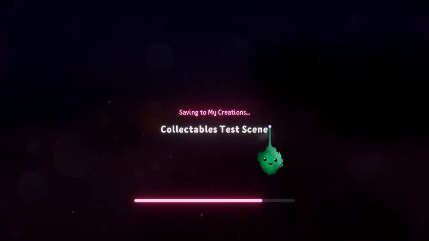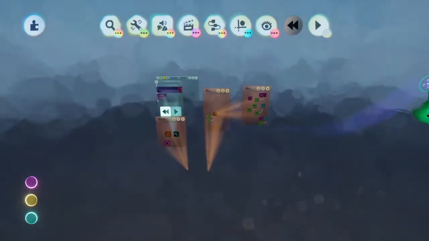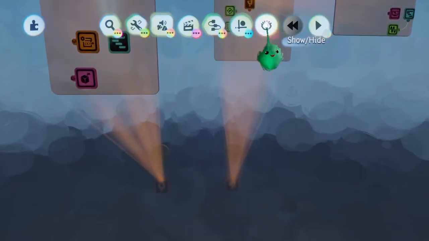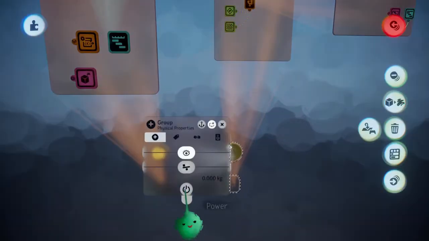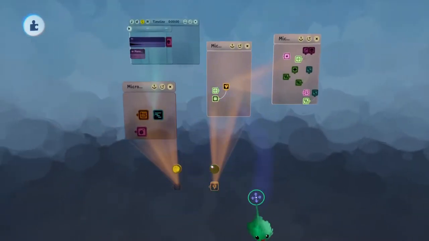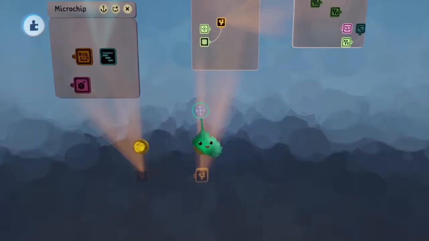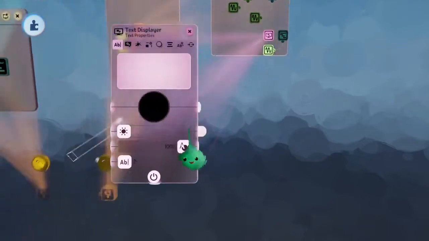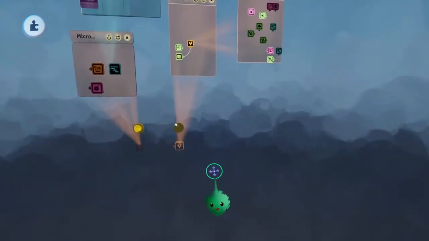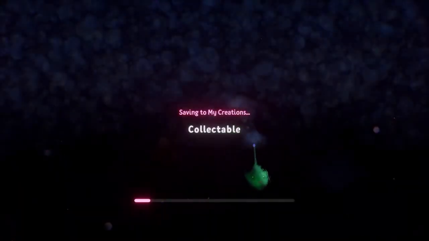And that's just saving the scene we came from. And this is the element that contains the collectible and the emitted thing. So we want that one to be on. There we go. So now we have a space to edit these things just fine, and then we can save our changes. So if we just add something to this, maybe we can make this glint yellow. So it was white, now it's yellow. Cool. And then we can save our changes